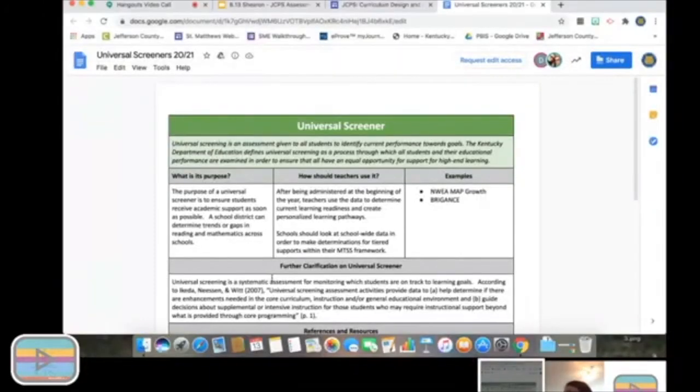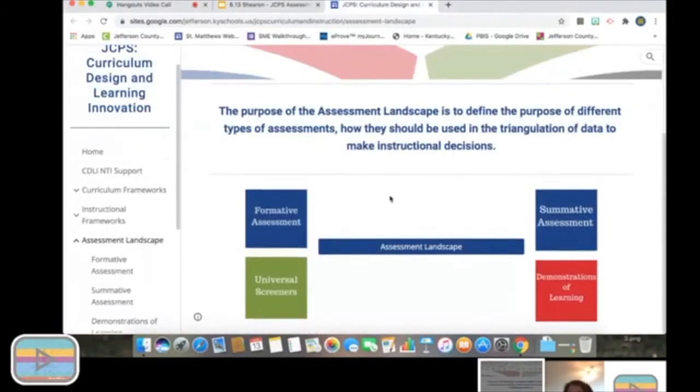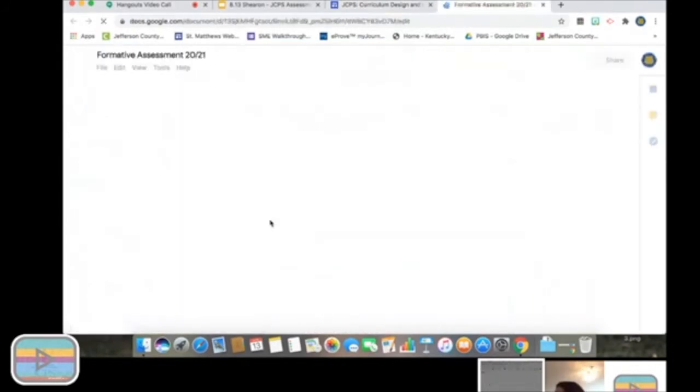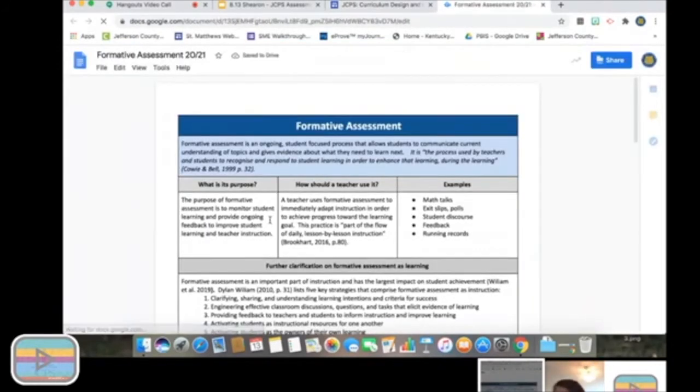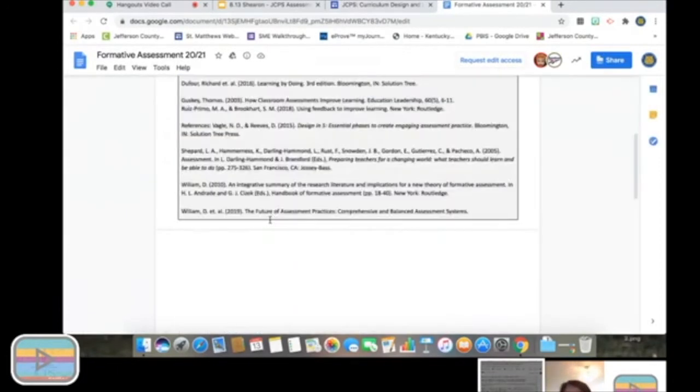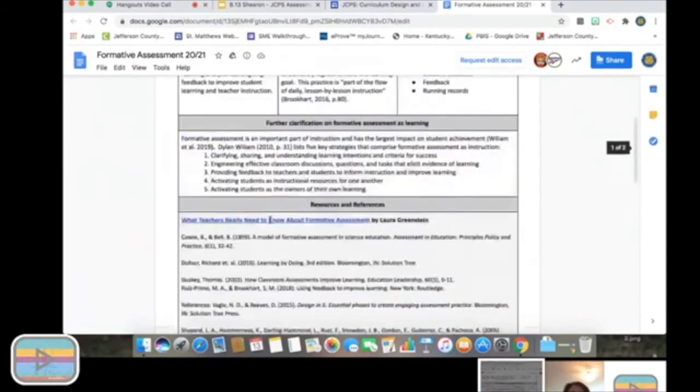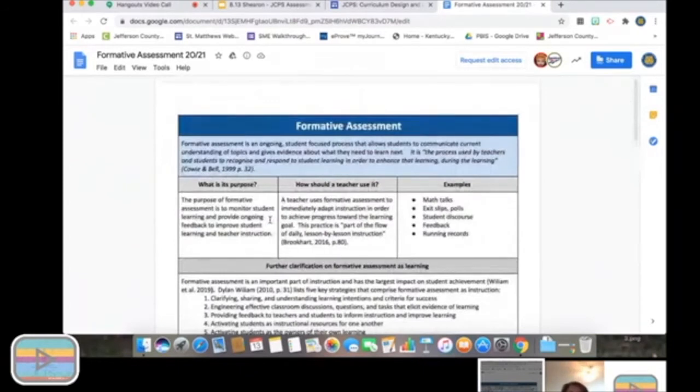Perfect. Thank you, Susan. Okay, let's move to formative assessment. And so I really like the way this is broken down in the assessment landscape. We have 2, I'm not going to say they're 2 different types, but 2 breakdowns of formative assessment. So this top is, we think of formative assessment as learning. There's probably teachers watching this right now. I hope these are the actions you do probably without even identifying them.